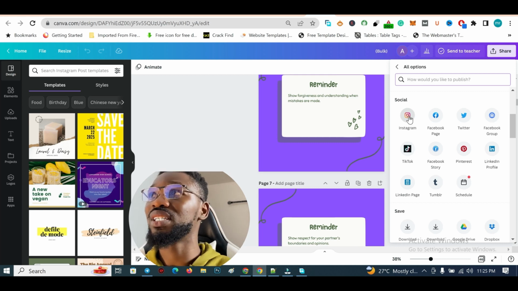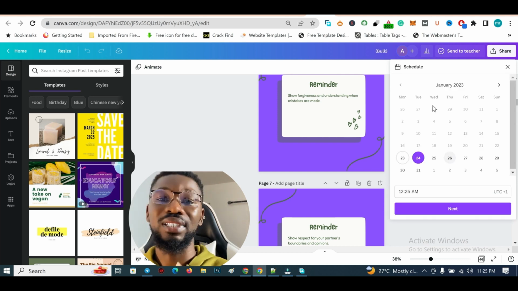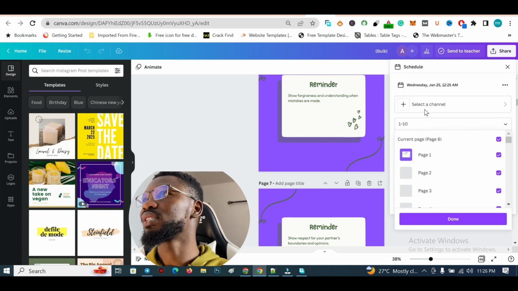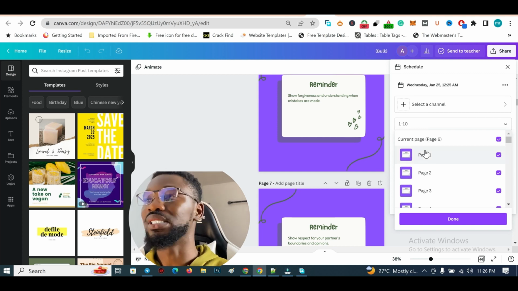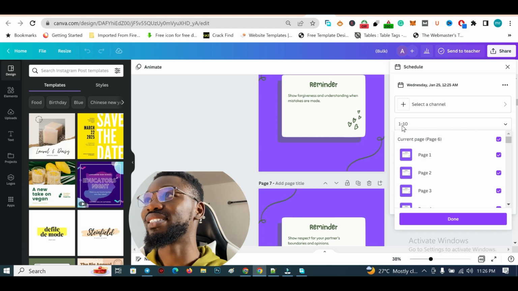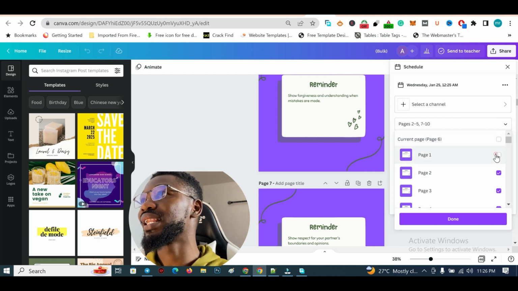You can immediately post any of these pages on your Instagram, your Facebook, in case you want to post it immediately. And as well, you can schedule all these posts for the next 90 days, so you can see, you can schedule it to start tomorrow. Then you click on next. Once you click on next, which pages do you want Canva to post for you? You know, Instagram can only accommodate 10 pictures, and you can see it has automatically selected 1 to 10 for you. So if it's just the current page you want to post, you can just select the current page,